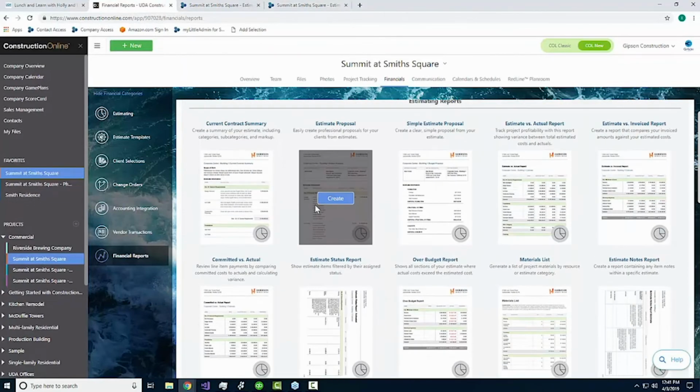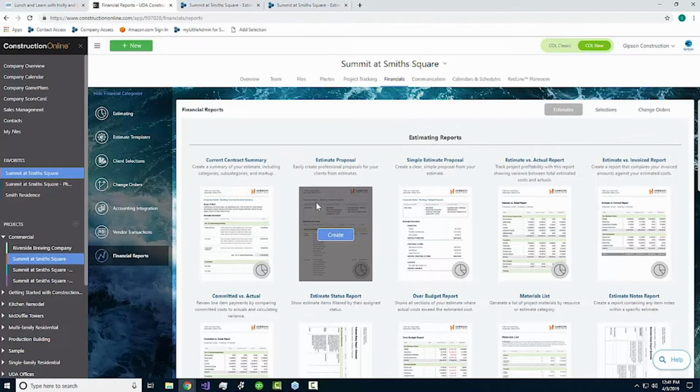Now we have had some great questions coming in, a couple of great questions about change orders and how those are going to work with our estimate. We also saw that allowance section on our proposal. So the final thing before we jump into our Q&A that we wanted to show you guys today is really